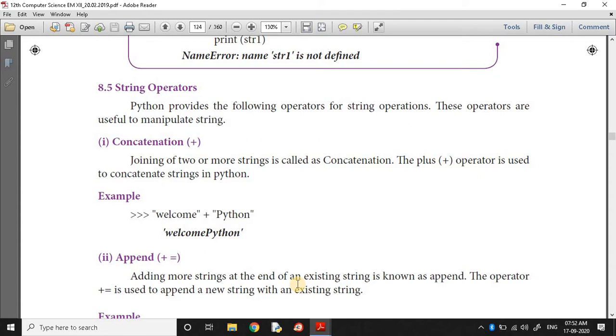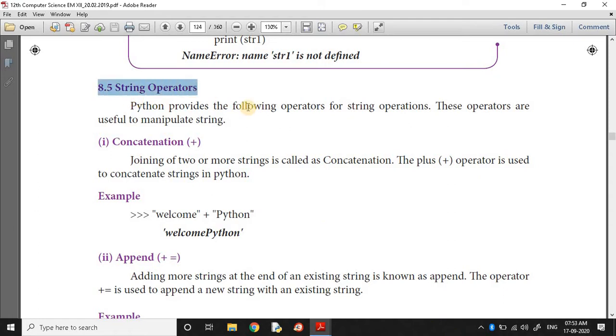So strings can be defined as any sequence of Unicode characters enclosed within single, double, or triple quotes. Triple quotes allow single or double quotation marks as characters in the string, and also promote multi-line strings. These are the things we saw in last class with some examples, book examples and extra examples also. Now we are going to string operators.